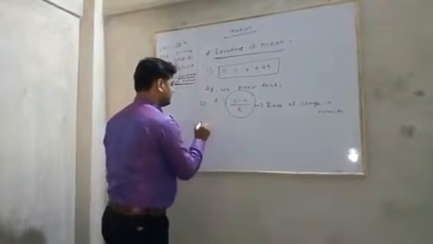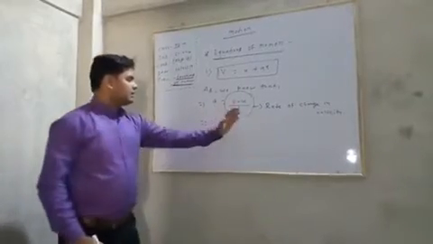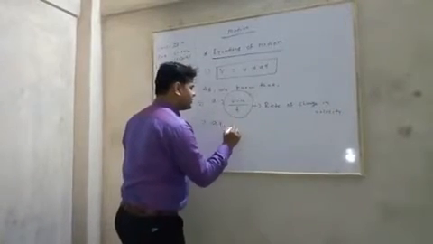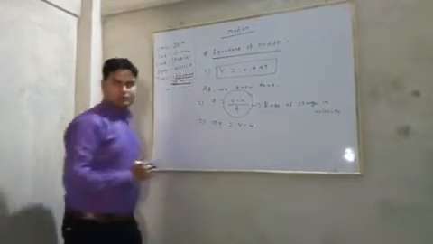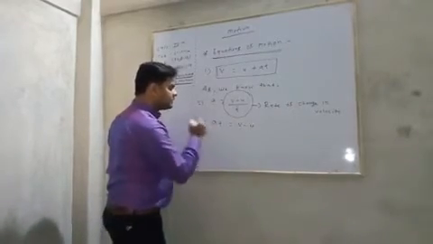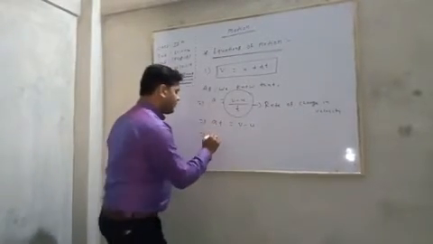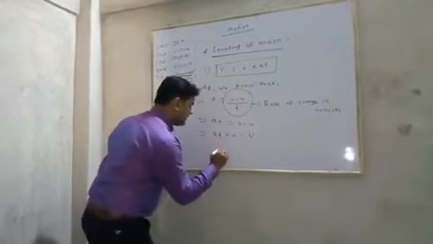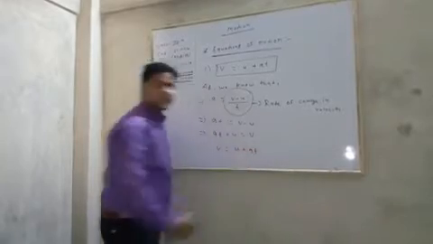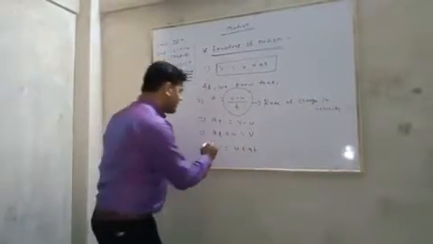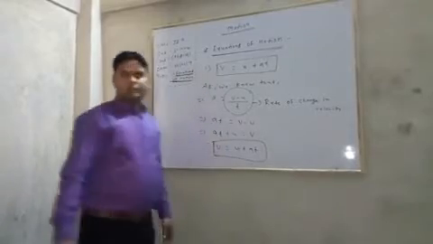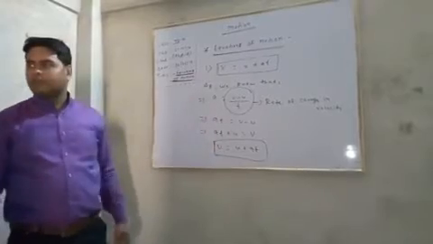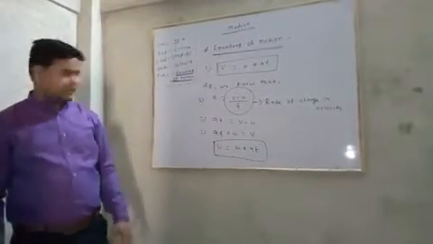Now, when t comes to the left hand side, then the equation will become at is equal to v minus u. When this u comes to the left side, then at plus u is equal to v, and we can also write v is equal to u plus at. So it is very simple to prove it. Yes, sir. v is equal to u plus at. We have proved it from the formula of acceleration.